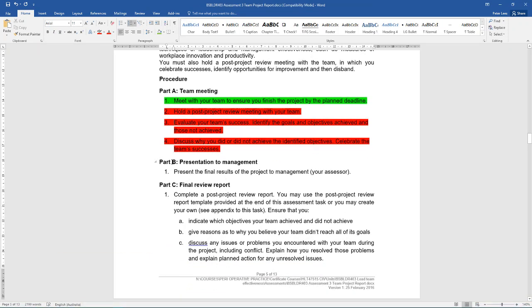From there, we then move on to part B, which is a presentation to management. So this is where you'll present the final results of the project to management. Now, again, as it is a presentation, you can do it in 2 formats. You can do it in a meeting minutes and a meeting agenda template, or you can simply send them out an agenda. And then instead of filling out a meetings minute template again for probably the 15th time through these assessment tasks, what you can do instead is create a PowerPoint presentation to present to management